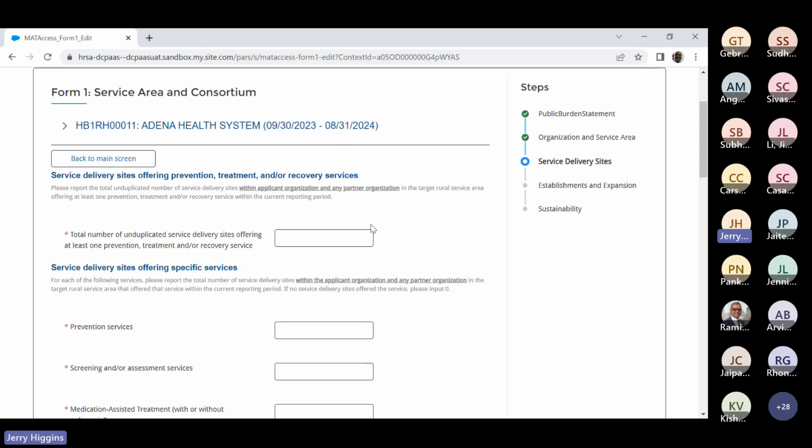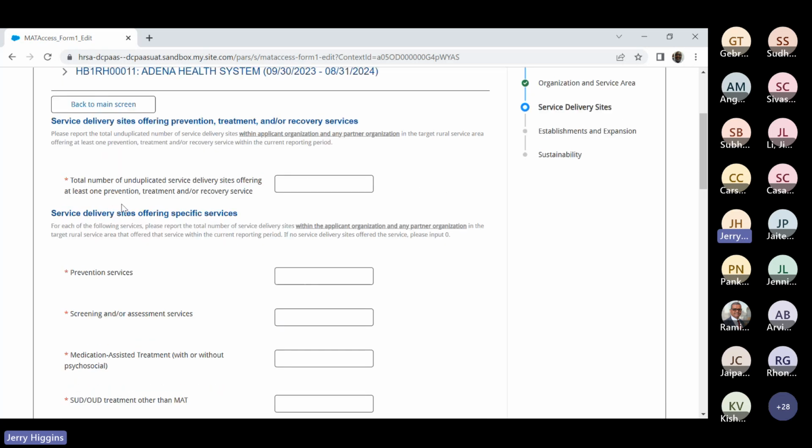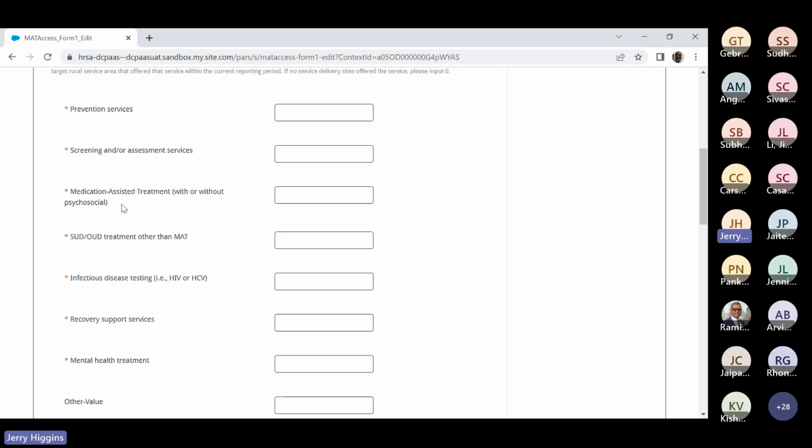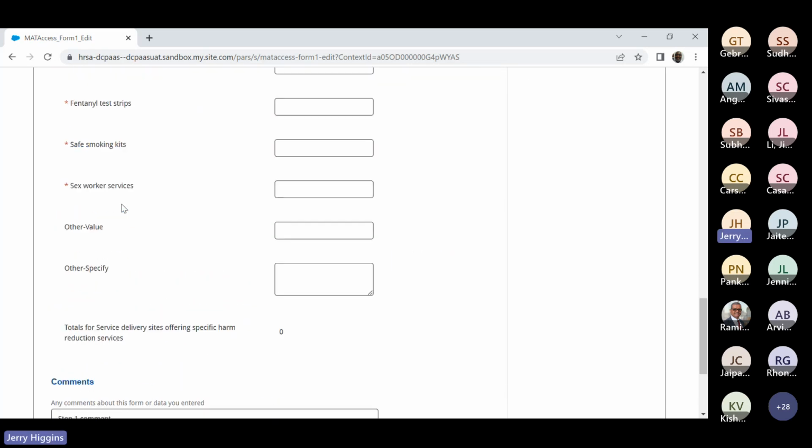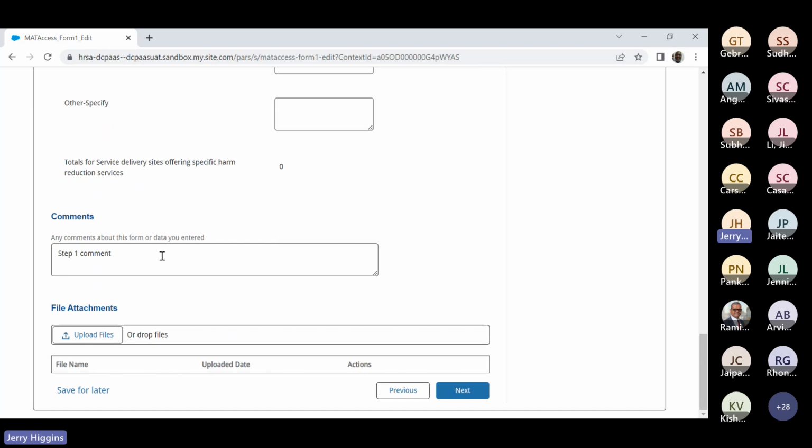And so that brings me to this next step where we have multiple subsections here as well. I'm not going to go through these subsections. I do want to scroll down to the comment section. Remember, I said when you put a comment in, it's for the full form. So I put this comment in on step 1, and I can see it on step 2. So if I put another comment in here,